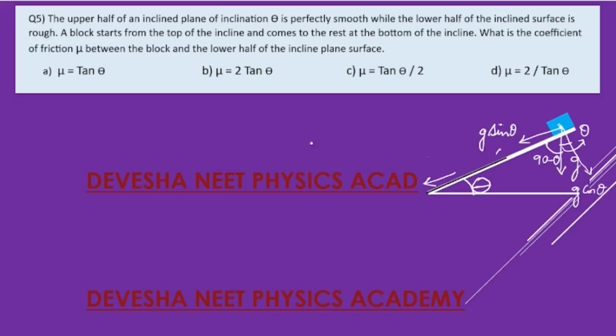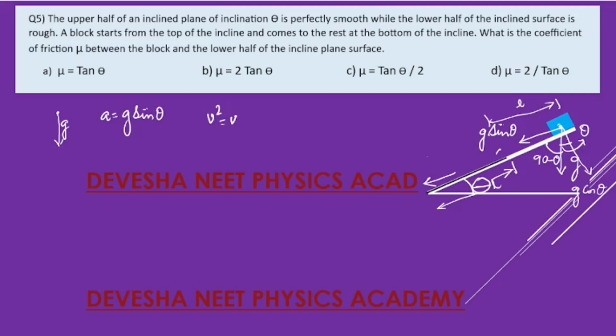Now when the block falls, what will be the acceleration? If it falls normally, we say it is g, but when it is falling along the incline like this, the acceleration will be equal to g sine theta. Also we know that this length is L, as we said earlier, and the top part is also L. So we know that v square